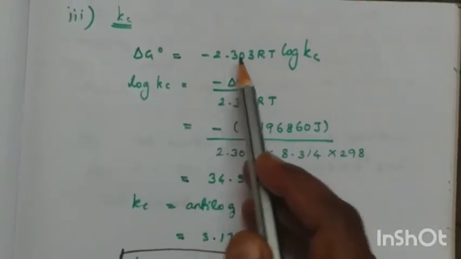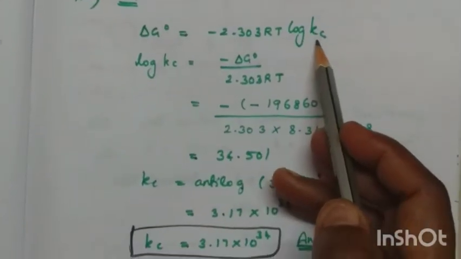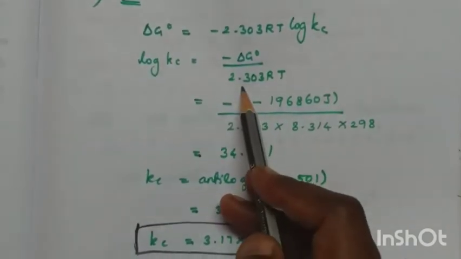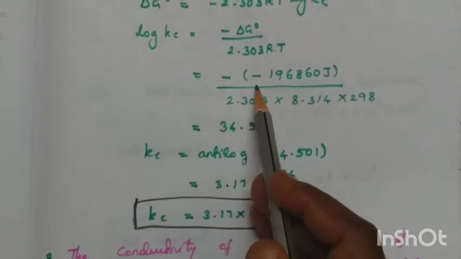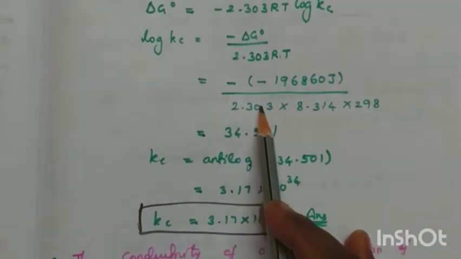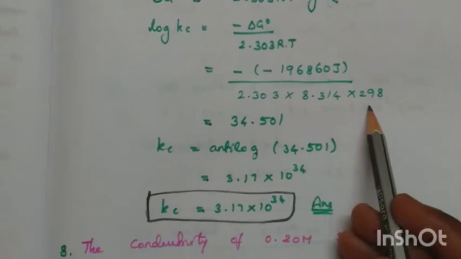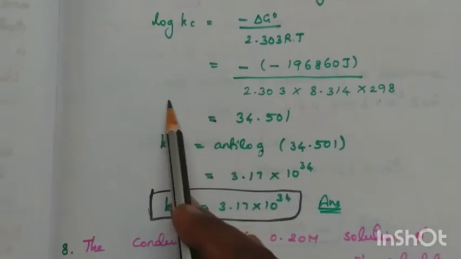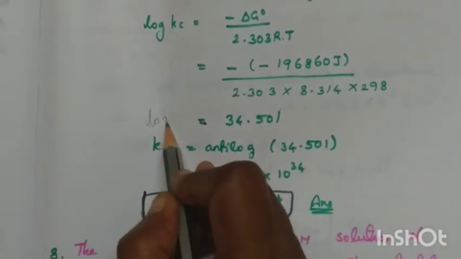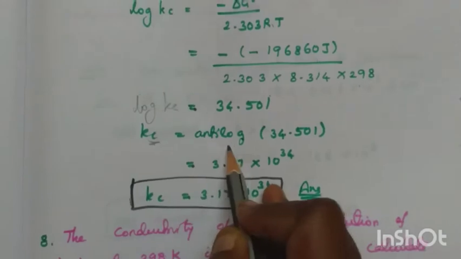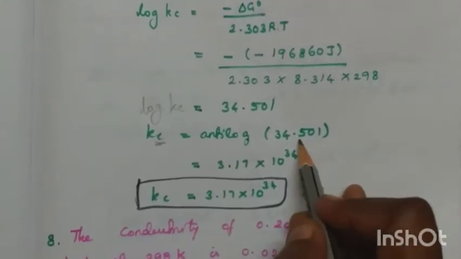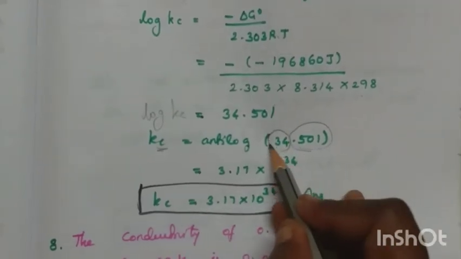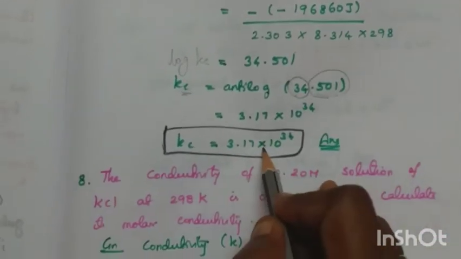Delta G naught is equal to minus 2.303 RT log Kc. This is our formula, we know. We need Kc. Kc is equal to minus delta G naught by 2.303 RT. So minus of minus into this we calculated, no? By 2.303, R value is 8.31, for temperature 25 degrees Celsius standard, so 298. By solving all these we get this. But this is the log Kc value. We need Kc. The antilog of this one is called Kc. So for the decimal we have to take the antilog. This must be raised to the power. So this is the value we get.